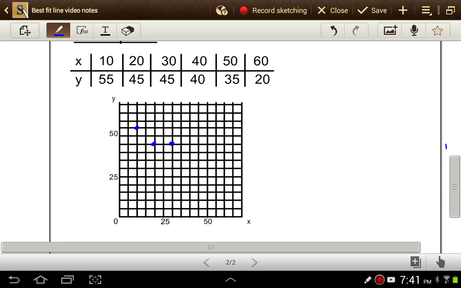Okay, 40 and 40. Okay, and then 50 and 35, so there's 25, 35, and then finally we have 60 and 20, which is right there. Okay, so again, this is a negative correlation, so now I got to try to draw my line,